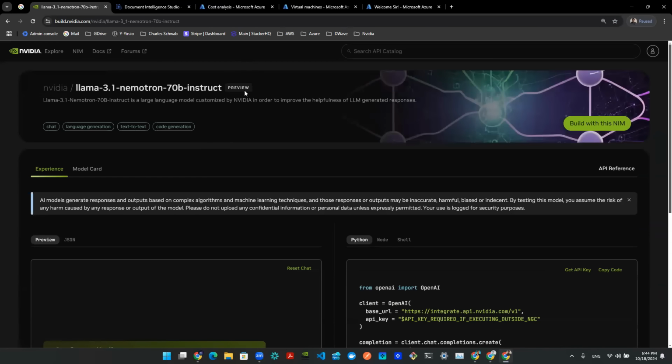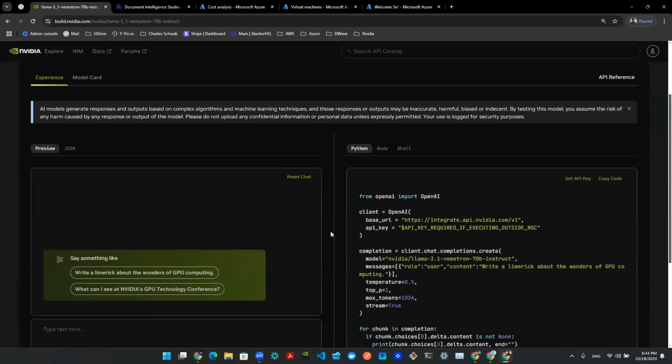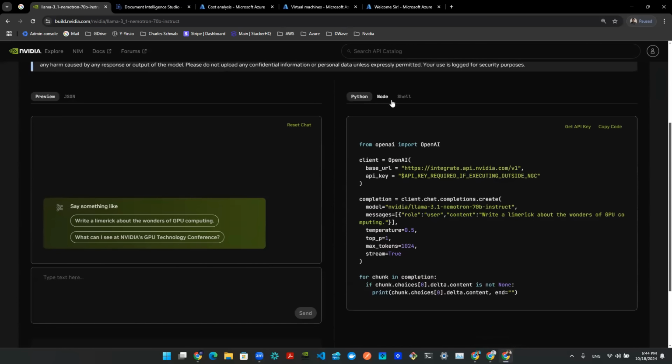So this is still in preview stage. So I'm assuming this is not really general availability. And the good thing is there's a couple of APIs here that we can test out, right? Just Python, Node.js, Shell, things like that. So in this episode, we're gonna try to see what we can build using this API as well as the API key. So with that being said, let's just grab this entire thing and go to a Jupyter Python